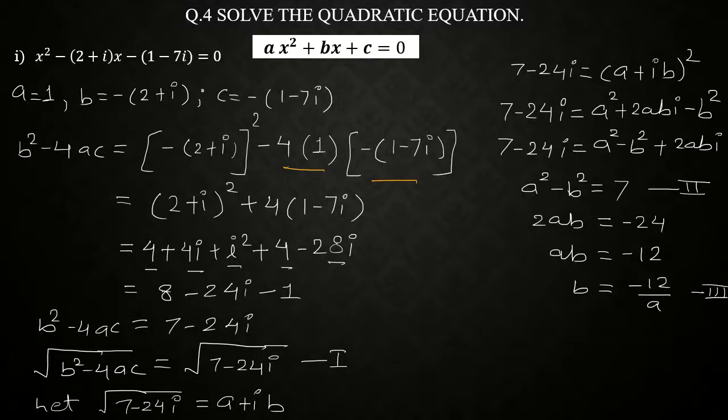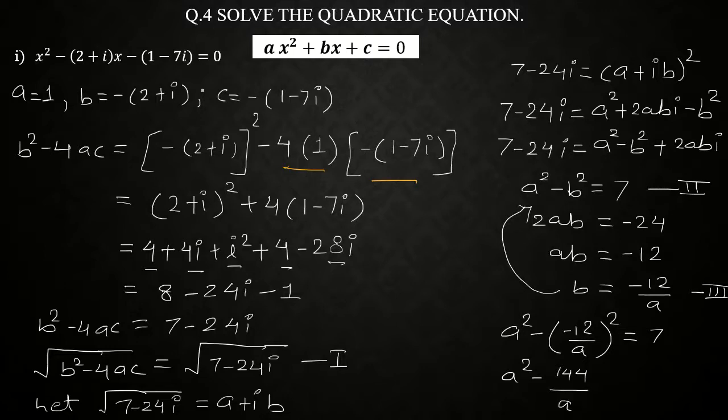Now substitute the value of 3 in equation number 2. So when we substitute, our equation becomes a square minus of minus 12 divided by a the whole square is equal to 7. Now in the next step when we simplify, we are getting a square minus, ब्रैकेट में ध्यान देना, ब्रैकेट का माइनस इंटू माइनस प्लस नहीं करें क्योंकि होल स्क्वायर है. सो माइनस 12 का स्क्वायर इज माइनस, बाहर जो साइन था, और माइनस 12 का स्क्वायर इज प्लस 144. सो ओवरऑल आंसर वी गेट a square minus 144 whole divided by a square is equal to 7.